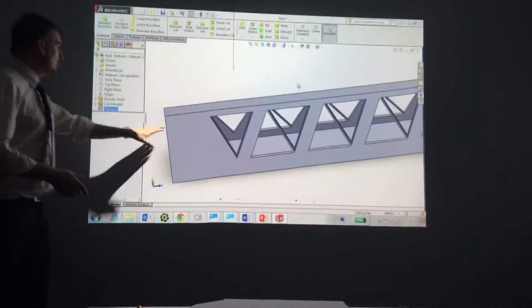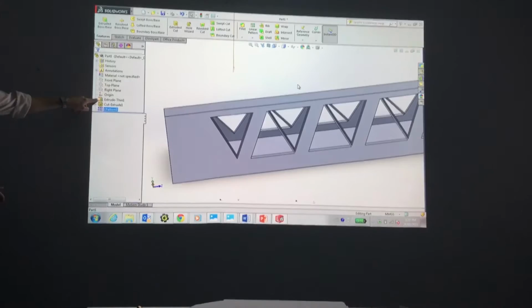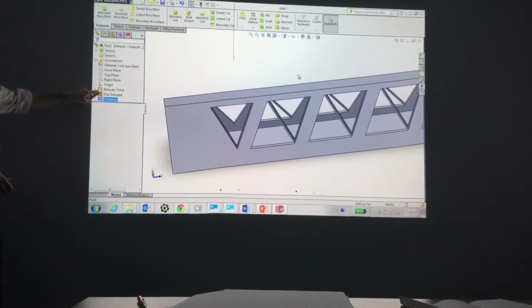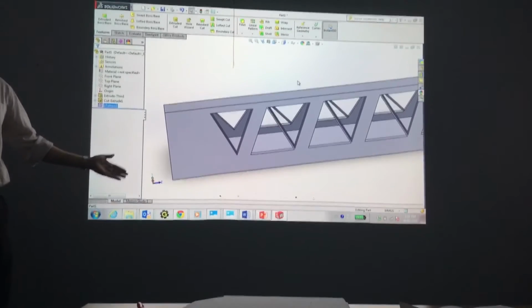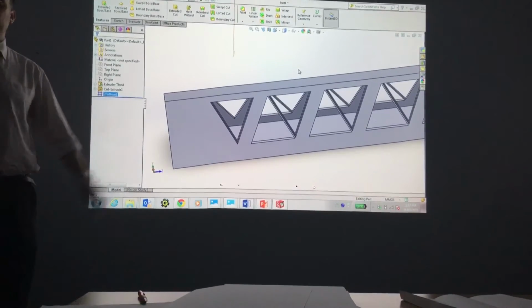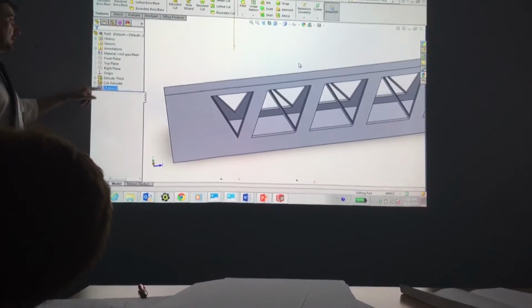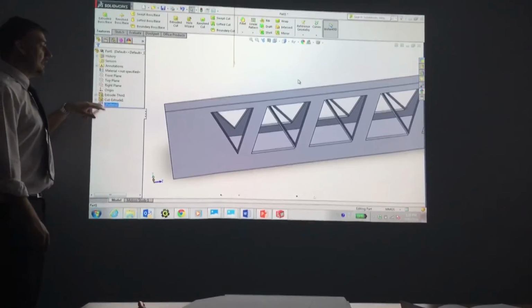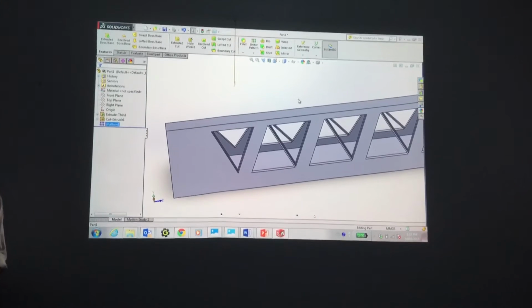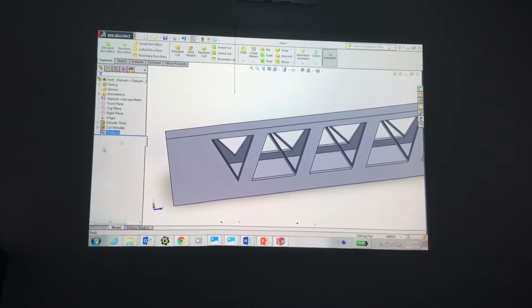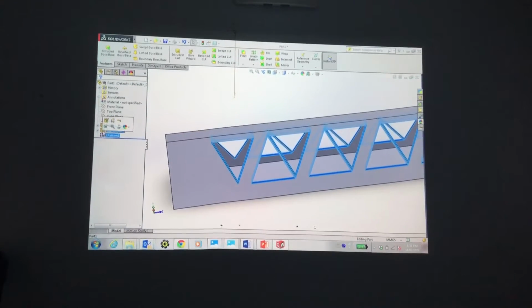If I wanted to make my bridge longer, I would go back into my extrude thin feature and just type in a larger number, and it will make my bridge larger or smaller depending on what you wanted. The same thing for the extrude cut. If I edit that sketch, I can make my first initial triangle smaller or bigger, and that will update everything. So what I'm going to do is go back into